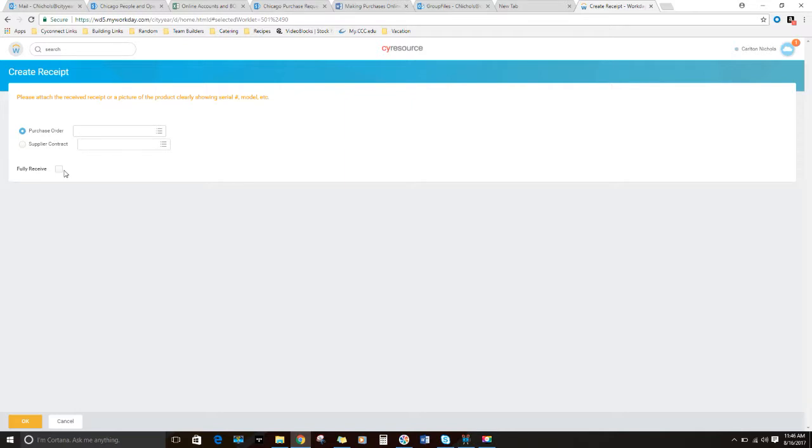You will need to attach that purchase order that comes to your email in this system. If you need more help with creating a receipt, let me know. The receipt is for HQ, that's not for me. So you're creating 2 receipts, one for HQ, and I'm going to tell you what you need to turn in to me. So once you get that purchase order,